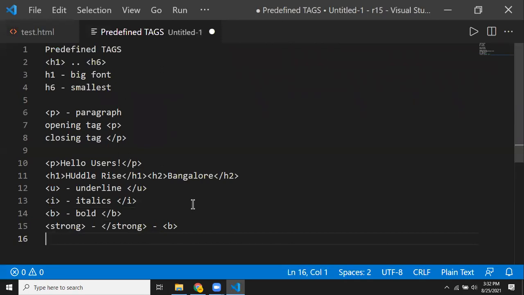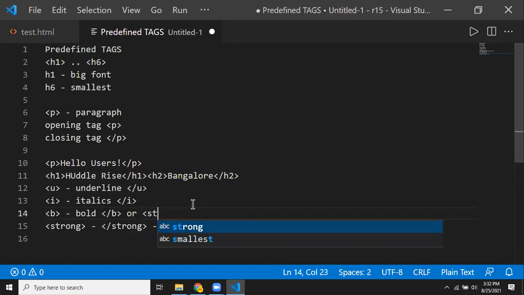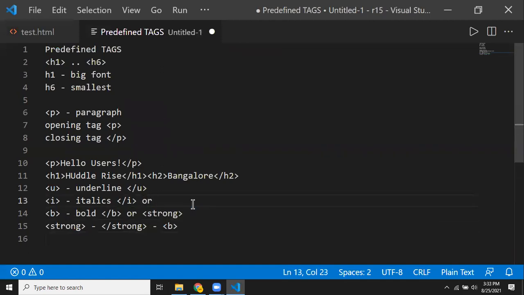For italics, we can use the emphasized EM tag. I'll just write it here itself. For italics, you can have the tag called EM, emphasized, like that. Those tags you can make use of.